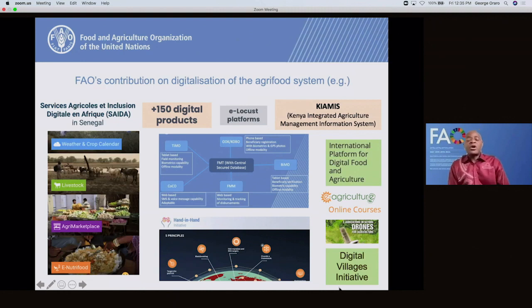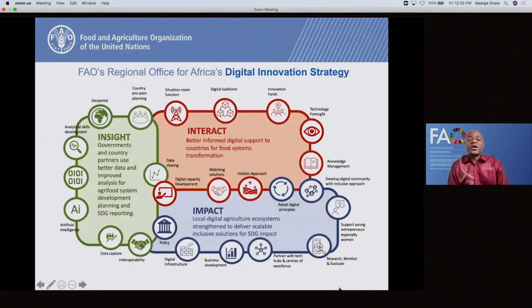And in the framework of our new FAO strategy framework, we have decided at the Regional Office for Africa to streamline our digital innovation strategies. And then we have developed that digital innovation strategy, a new document that we have included in our framework of operations. And we are considering three kinds of pillars that will support digital transformation for agriculture throughout our interventions.